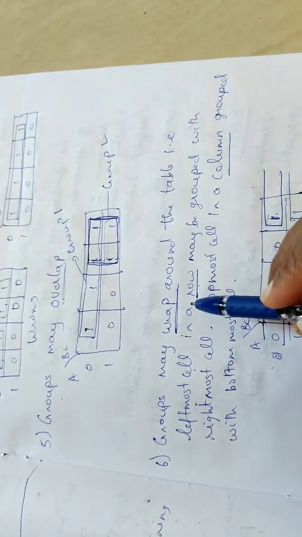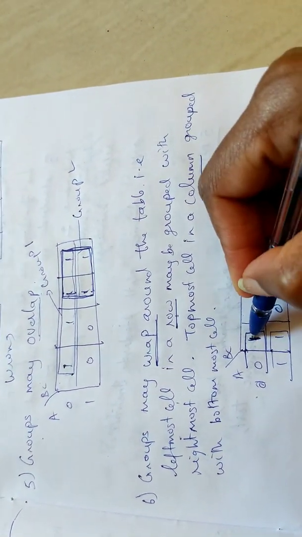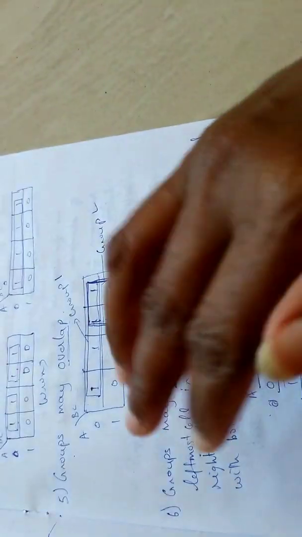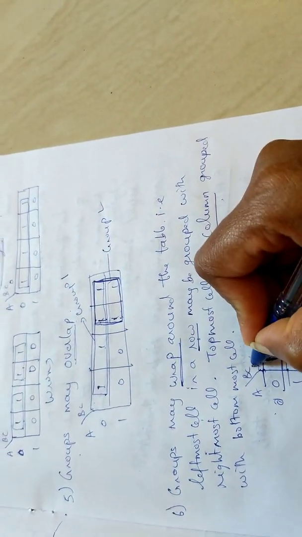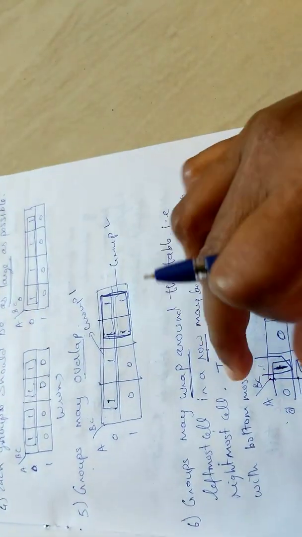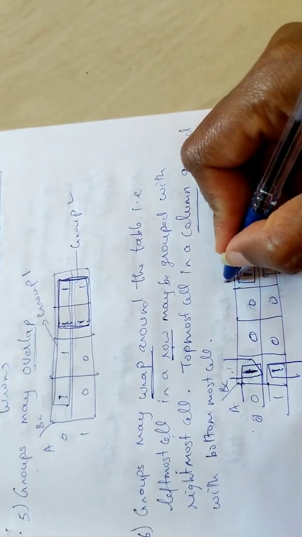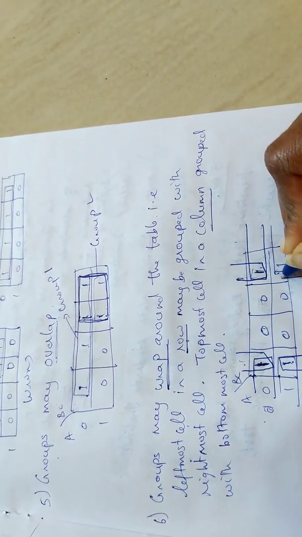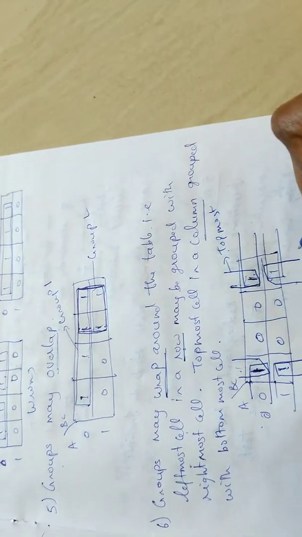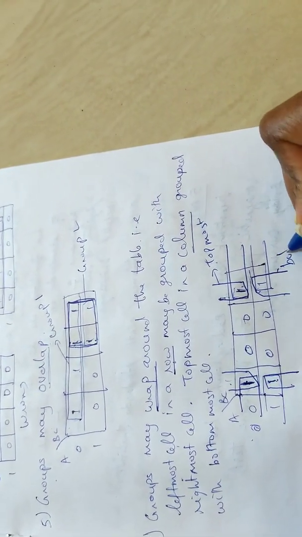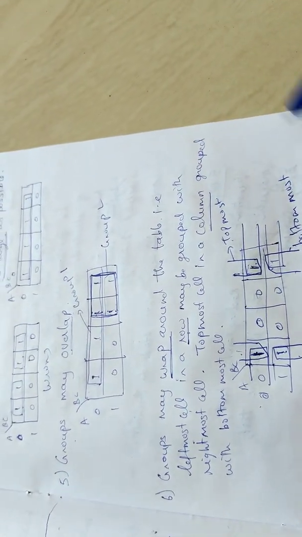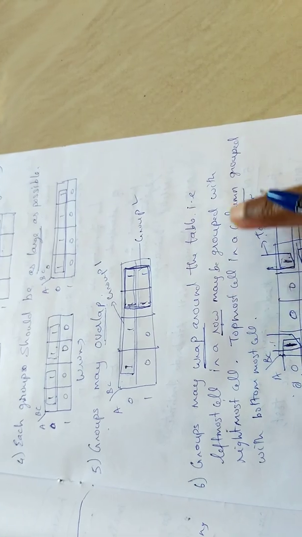For the row I said this; for the column, this is the topmost and this is the bottommost. So top and bottom can be wrapped. Just fold it in this way. If I'm folding it the other way, this one and this one can be wrapped. Imagine it is wrapped and considered as one group. Same way here also. This is your topmost, this is your bottommost. So the topmost group is wrapped with the bottommost, and you are able to wrap it and make a group.